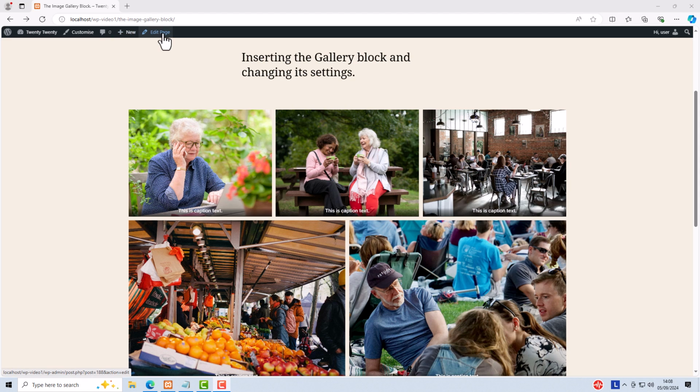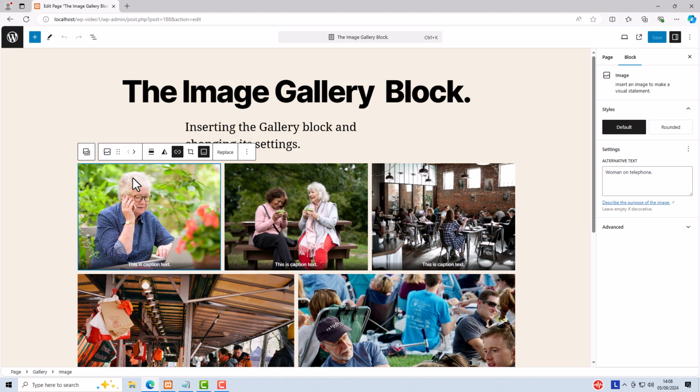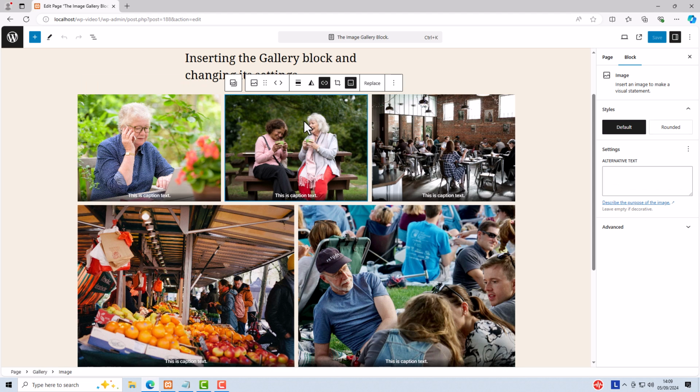If we edit the page again, remember, I select an image. Remember that you can edit, I'm editing an image, that's one image, but you can edit the gallery, select parent block, which is the gallery. And when you've got the gallery selected, you can link to media file which will set for all the images in the gallery, or you can select a single image and set it